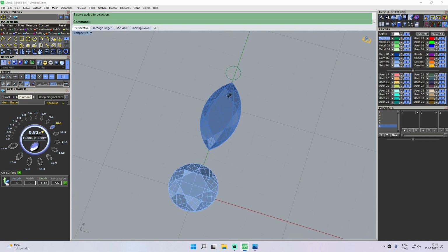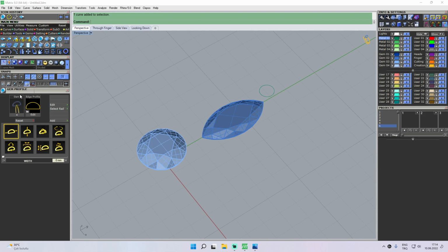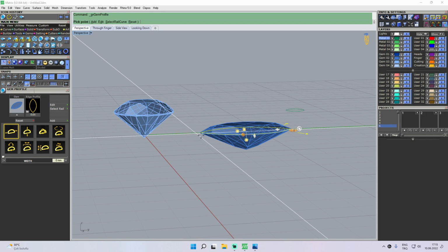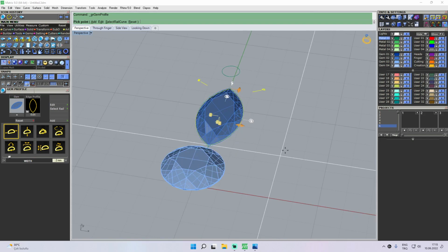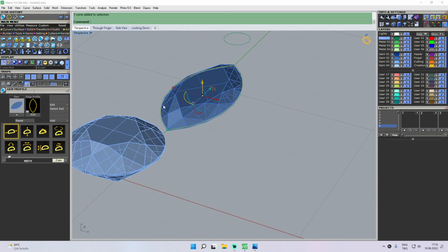We will also need the round curve for this stone, and to get it, you can go to gems and click the gem profile curve. It basically works within its own box, so you will need to select the gem and use this arrow to put it inside the box. And as you can see, it already gave us the profile curve, so just right click and it's here. What I like doing